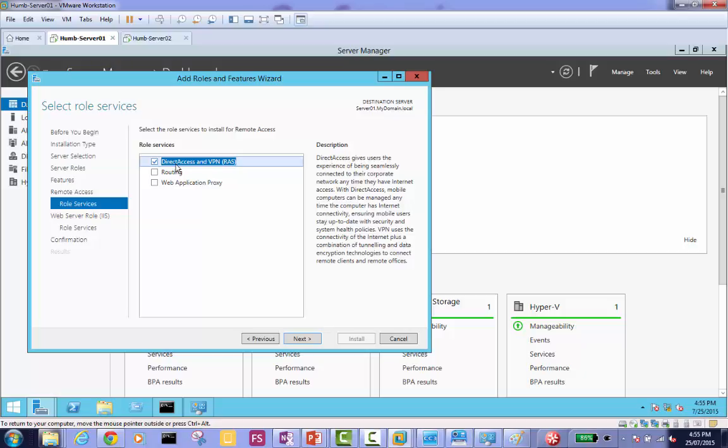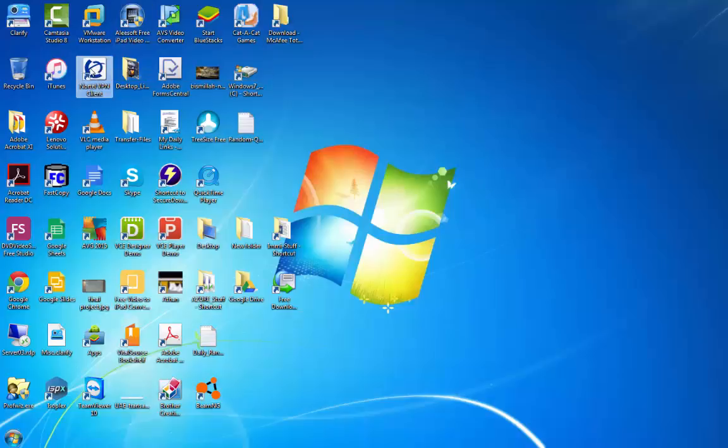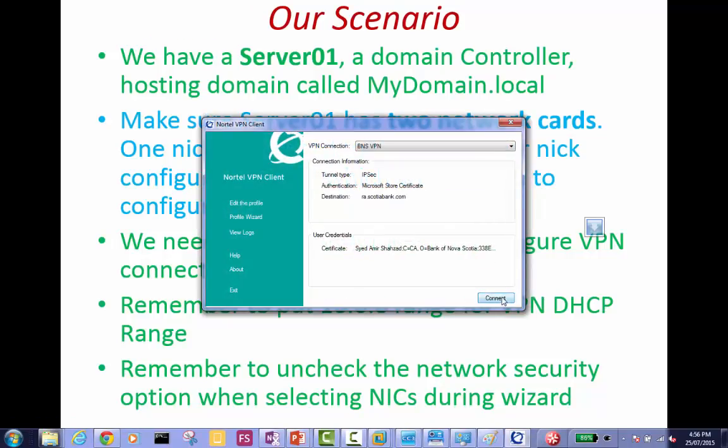So if you have direct access, you do not need VPN. If you have VPN, what do you do? You have to double click that, you have to do this. Double click that when I want to connect, and I click connect here. Then it says put the password. I put the password, then I get connected. I need an application in VPN to connect to my company. But in direct access, you have direct access to your company.